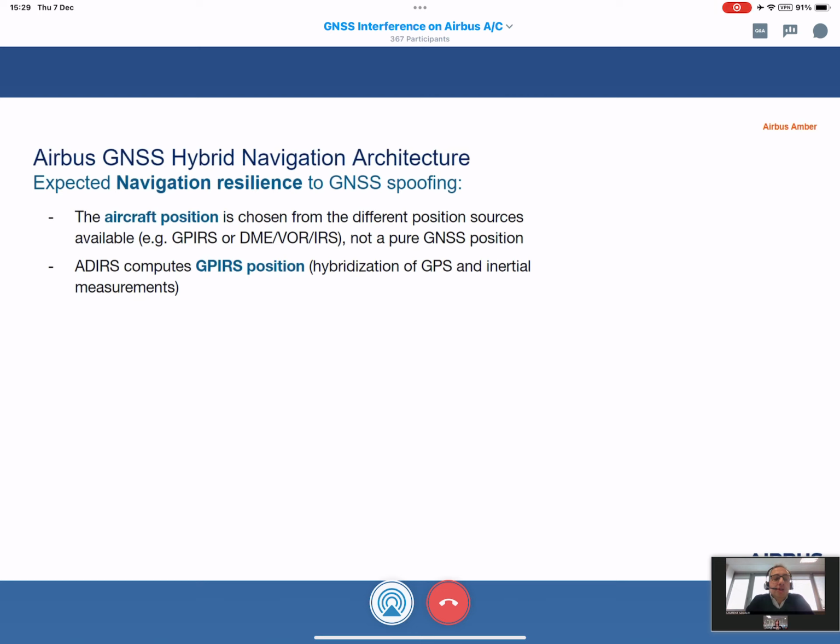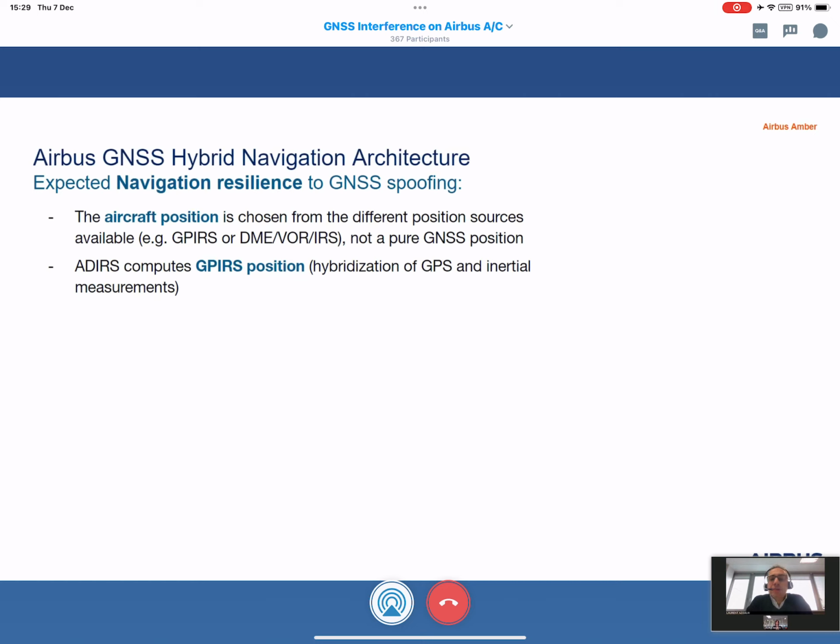One is the combination of GPS and IRS measurement in a tightly coupled optimal filter. This gives the best performance and enables to perform RNP operation, for instance. If the performance of this solution is not good enough, there is a possibility to switch to IRS combined with DME measurement or IRS VOR DME measurement.